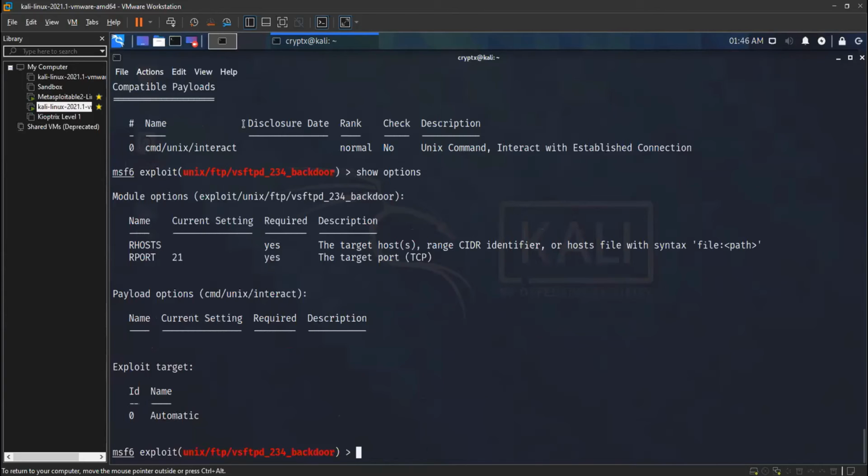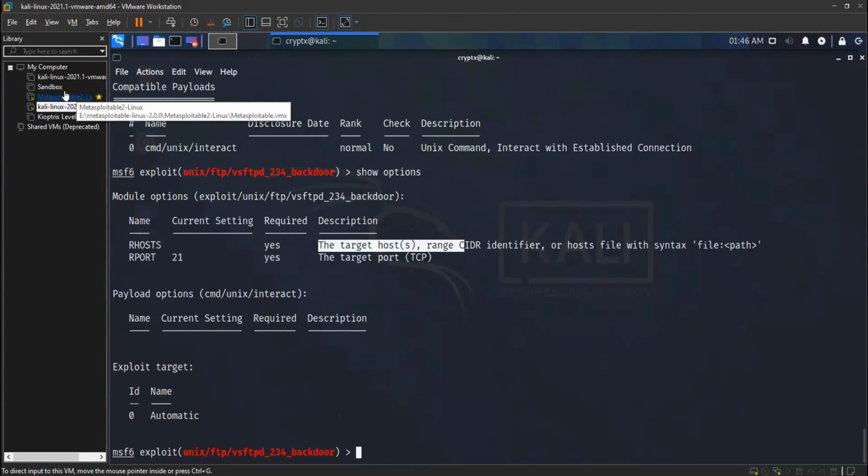This basically will do for the exploit you have selected. It will show you the other options which you can specify for this. Like other options for this exploit, you have to specify. For example, the RHOST. So that is the target host, which is my Metasploitable.